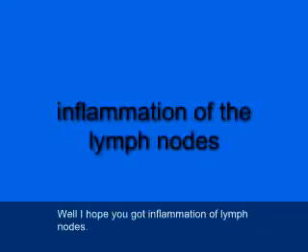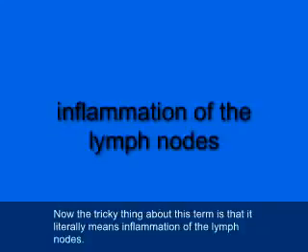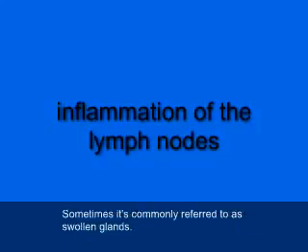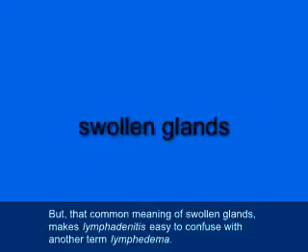Well, I hope you got inflammation of lymph nodes. Now, the tricky thing about this term is it literally means inflammation of the lymph nodes. Sometimes it's commonly referred to as swollen glands, but that common meaning of swollen glands makes lymphadenitis easy to confuse